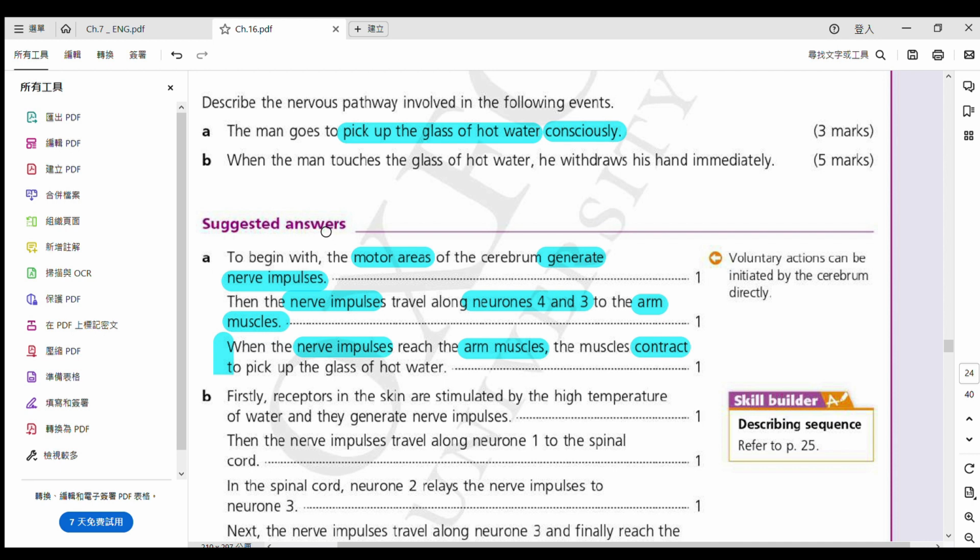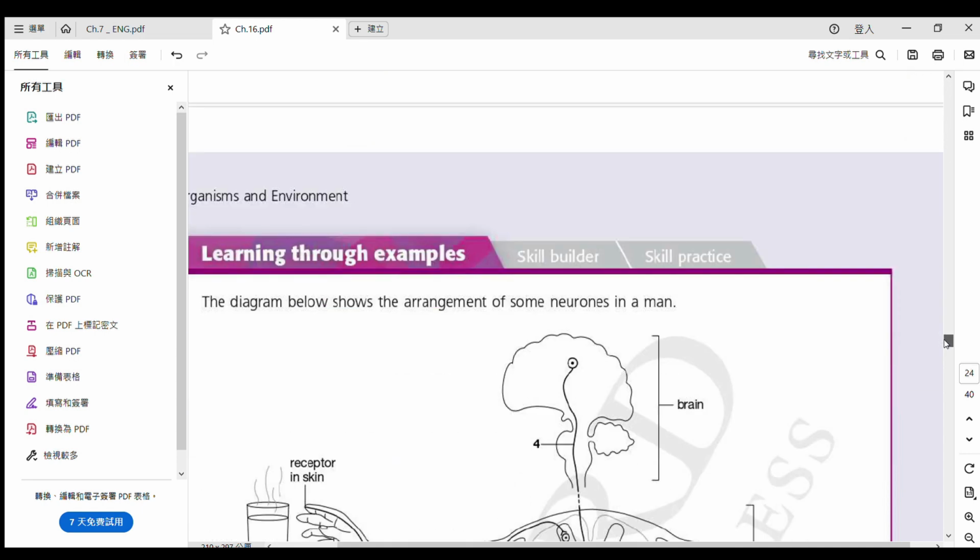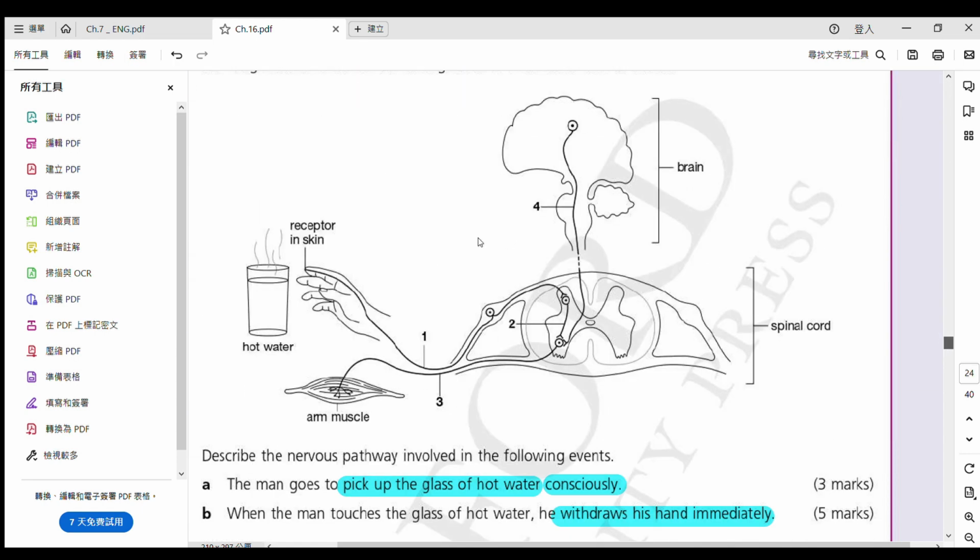Okay? So next part, 去到下一個部分啦。So when we touch the glass of hot water, withdraw his hand immediately. So this word is very familiar. 好明顯 it is this time, is it a conscious action? 係咪一個有意識嘅動作呢？ The answer is no. It is the withdrawal reflex. OK? 佢今次係呢個嘅反射嚟嘅，係退縮反射啦。